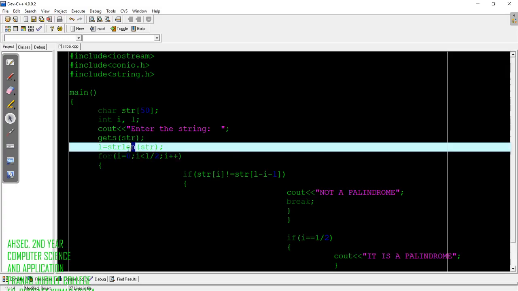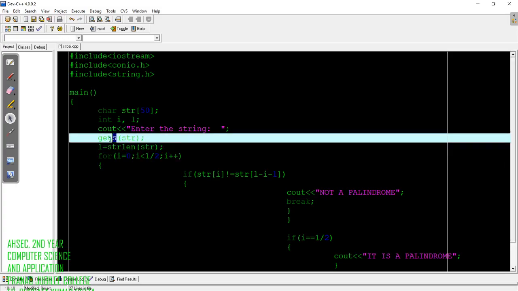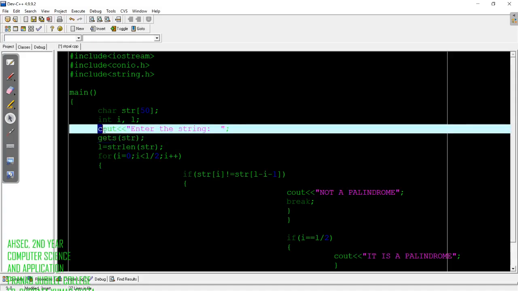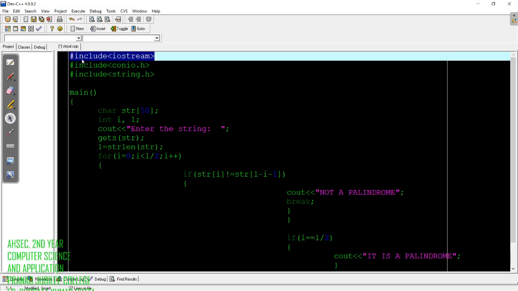So see, this is a string function, meaning functions that work on strings. We need the definition for this. As we discussed in the beginning videos, for cout and cin, all the definitions are in the iostream header file, right?